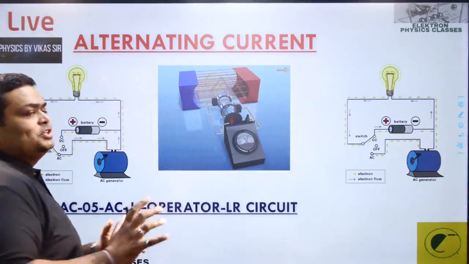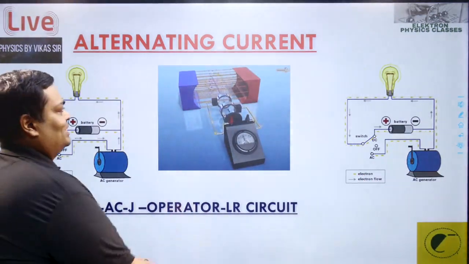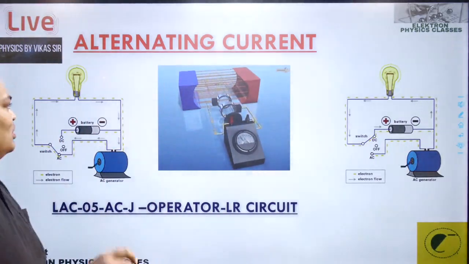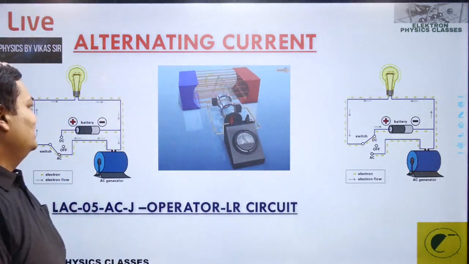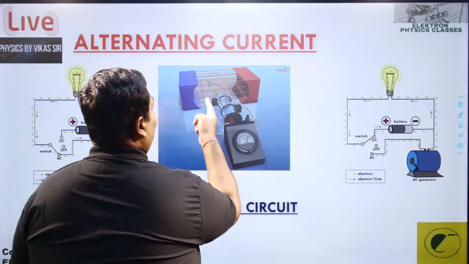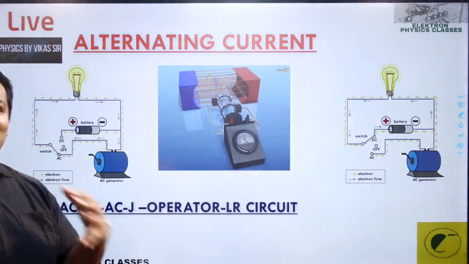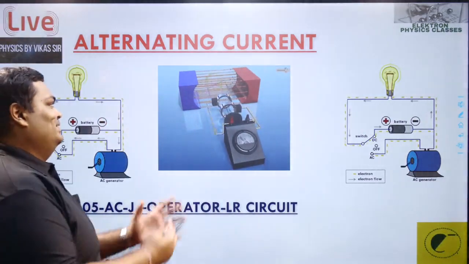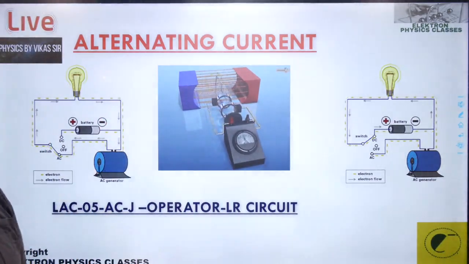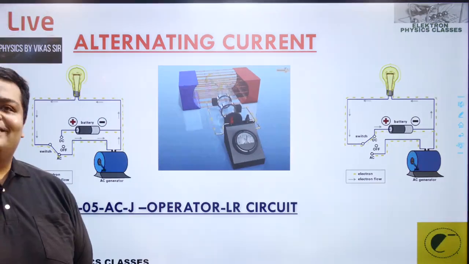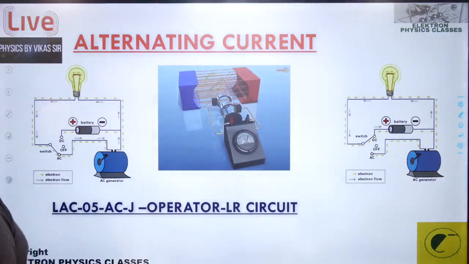And who generates that? That's the AC generator, and that's the principle we have done. We have also created the graph for it: this is a continuous movement of the coil, which generates the flux and the induced EMF, and that induced EMF generates the current. Good. Chalo, आगे बढ़ते हैं.